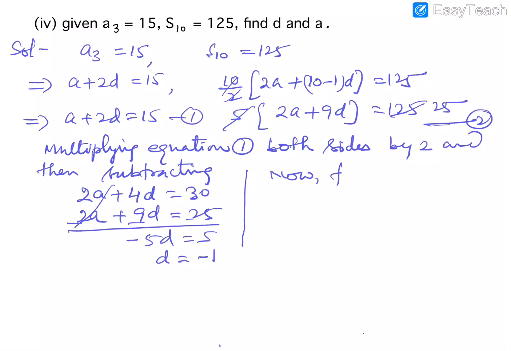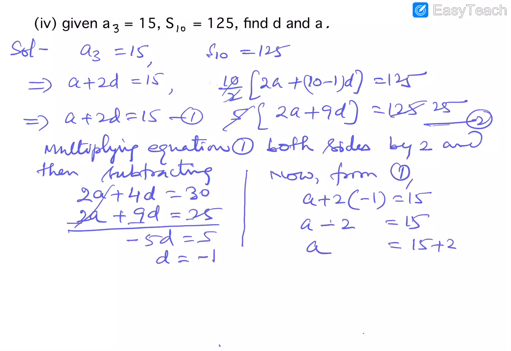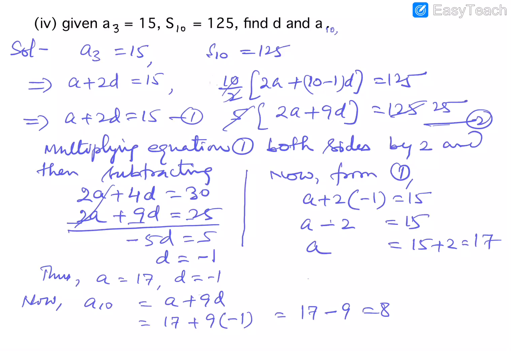Now from 1, a plus 2d, d is minus 1, this is 15. So a minus 2 is equal to 15, or a is equal to 15 plus 2 is equal to 17. Thus a is equal to 17 and d is equal to minus 1 is the answer. Now a10 is equal to a plus 9d. Putting the values of a and d, we get